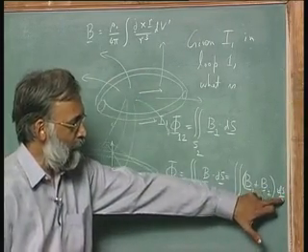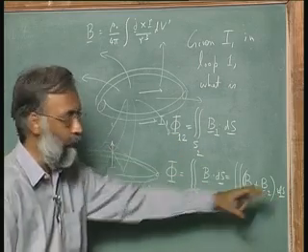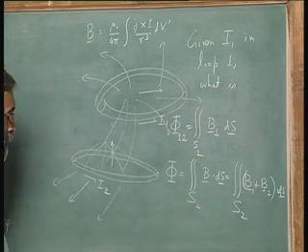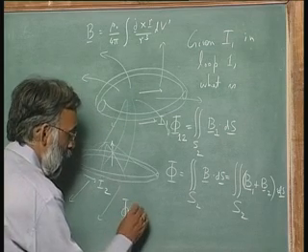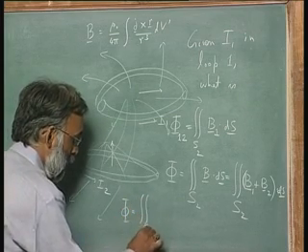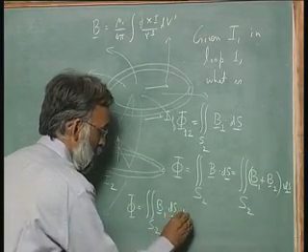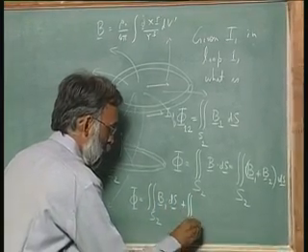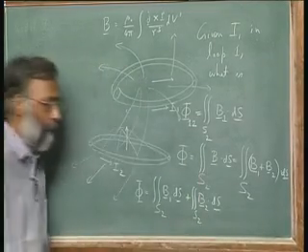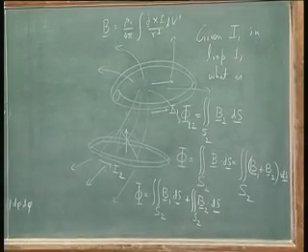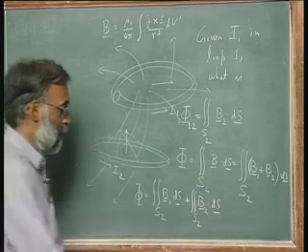B1 dot ds is this term. B2 dot ds is nothing but the self inductor, self flux term. So, I can write this phi as surface integral over S2 B1 dot ds plus surface integral over S2 B2 dot ds. Now, we already know what to do with this term. This term is nothing but